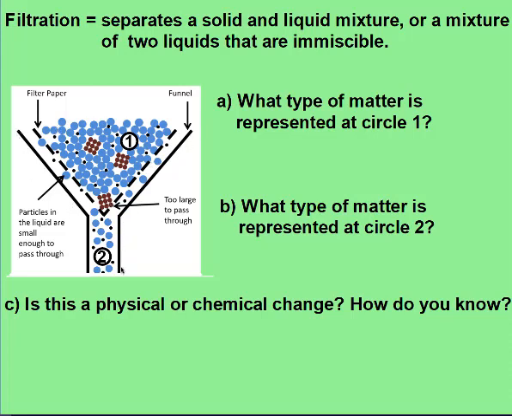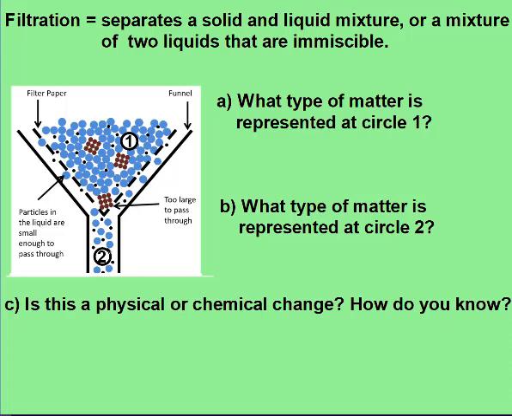So that's our solid lines. Our filter paper has little holes in it that we can't see with our naked eye, but those small holes allow for some particles to pass through. Like water will pass through, and anything that was dissolved in the water can pass through. But larger particles are too large and they cannot pass through the filter paper. So large particles get stuck in the filter paper, smaller particles go through the filter paper, giving us what's here